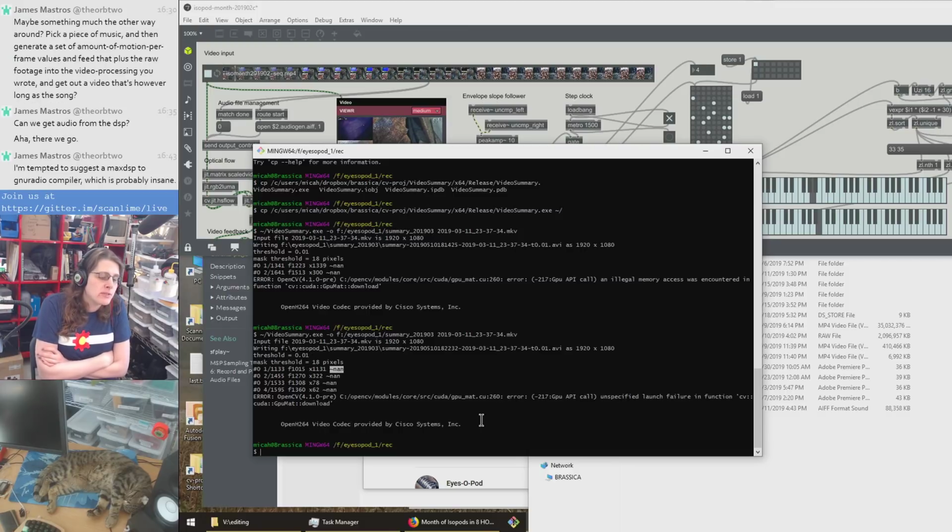OpenH264 seems to be a somewhat less popular library that Cisco open sourced a while ago for video conferencing, and I was having trouble with it generating some video that is not entirely correct. Like it's very close to entirely correct, but with a couple of small errors in it. That's not the biggest problem. I can work around that. The biggest problem really is this crash, but